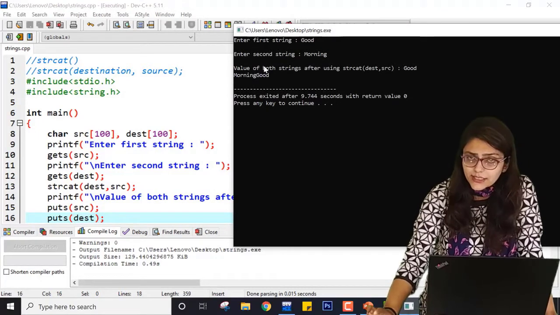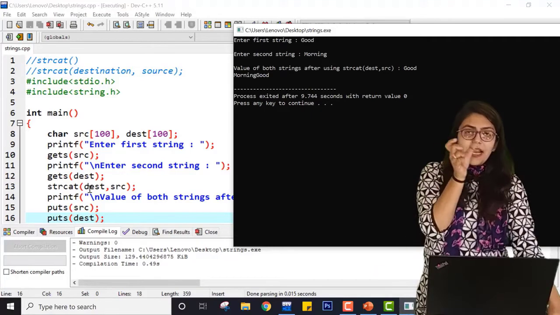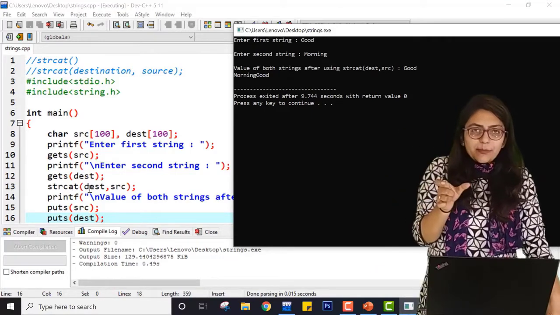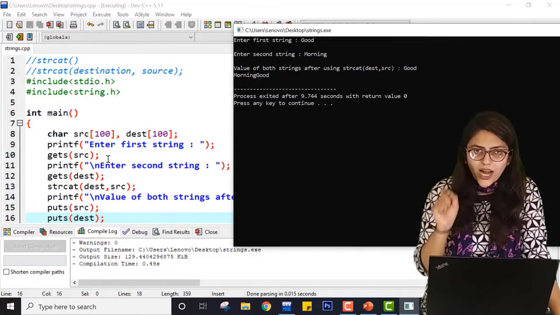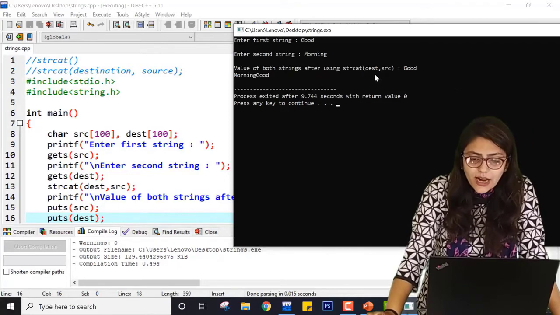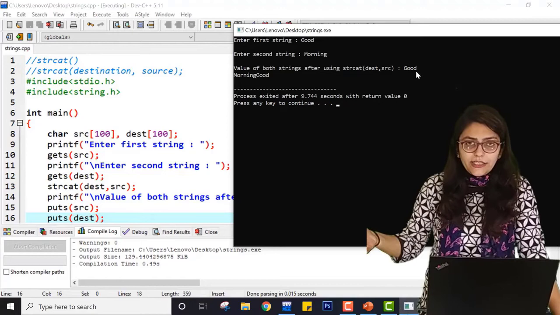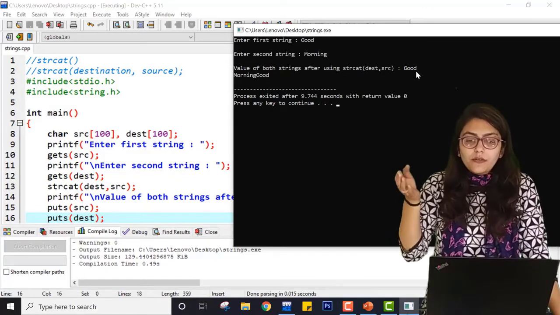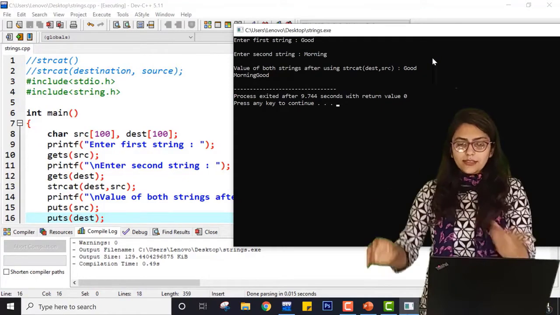So src remains good. But now I have done dest and source. So now dest become dest after src. So please note down this output that by using strcat dest source, you are getting src, the second string as it is, but the first string as concatenated with first and second.